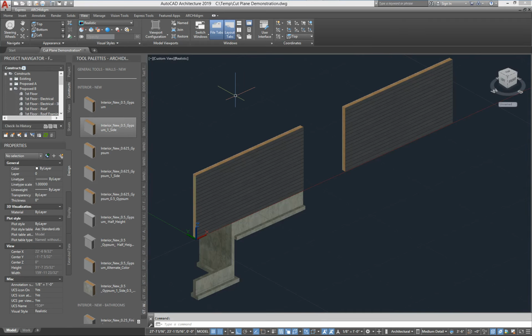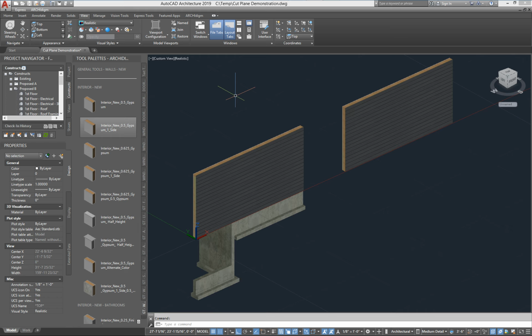Let's take a look at cut planes in AutoCAD Architecture. Specifically in this overview, I'm going to talk about cut planes as they reflect or impact walls, doors, and windows. You can extrapolate to DWAs, maybe even curtain walls, but the subject of cut planes on stairs, slabs, and roofs would be best done in a separate YouTube video because they are a bit different than the walls and the